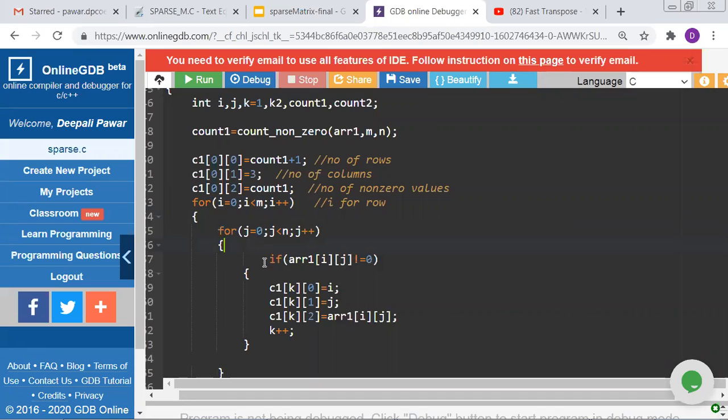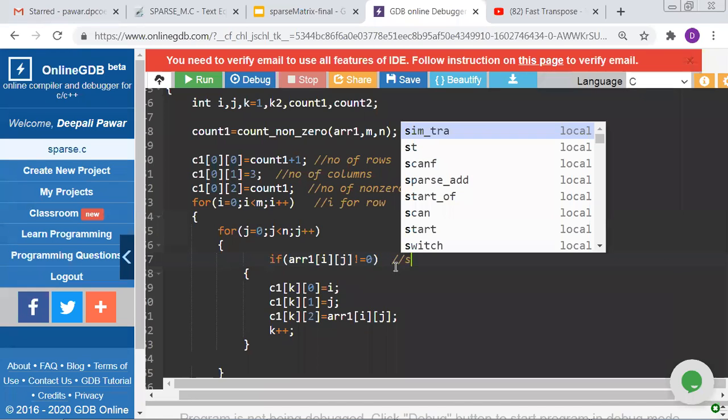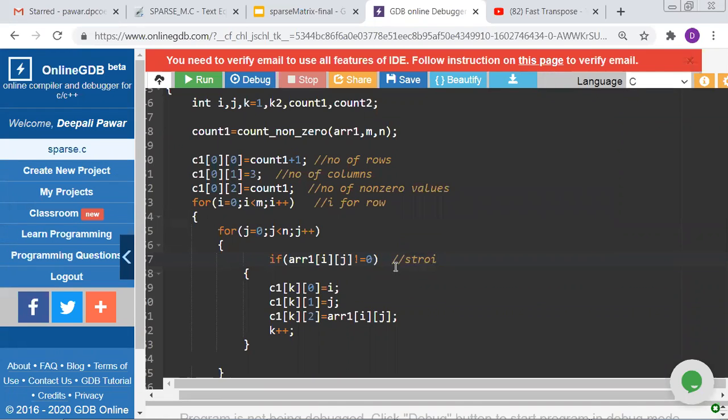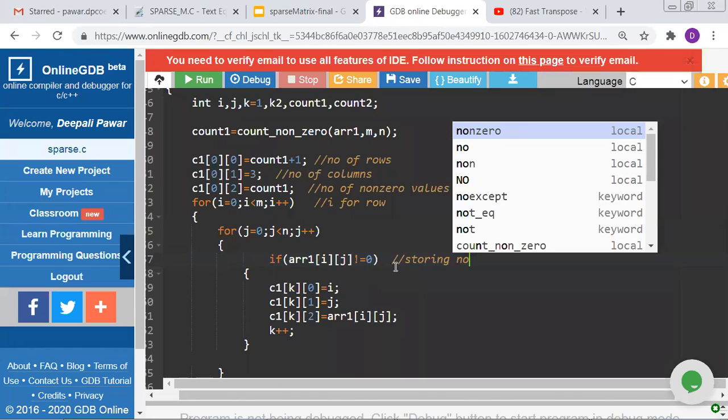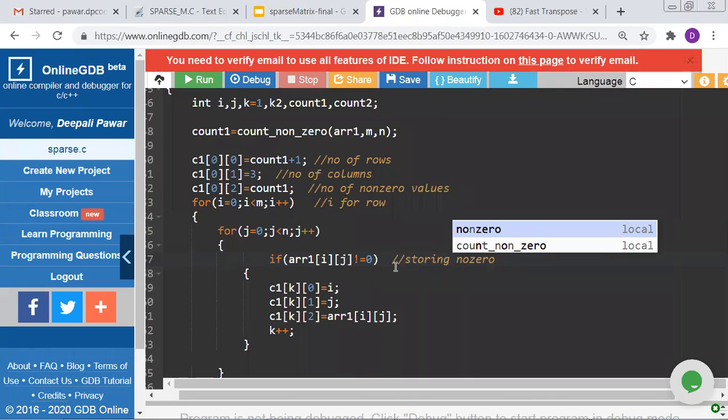वी आर गोइंग टू स्टोर द एक्चुअल वैल्यू। ओके, अभी हमें क्या स्टोर करना है, एक्चुअल वैल्यू स्टोर करना है। सो एक्चुअल वैल्यू मतलब क्या, कि हमारी कौन से रो में, जस्ट कॉन्सेंट्रेट हियर, इफ एरे ऑफ i j इज नॉट इक्वल टू जीरो, मतलब हमें नॉन जीरो वैल्यू सिलेक्ट करनी, बिकॉज वी आर स्टोरिंग हियर, स्टोरिंग नॉन जीरो वैल्यू। ओके, यहाँ पे क्या स्टोर कर रहे हैं हम लोग, स्टोरिंग नॉन जीरो वैल्यू। ओके, जस्ट कॉन्सेंट्रेट हियर, हम नॉन जीरो वैल्यू स्टोर कर रहे हैं, इसका मतलब है इफ इट इज नॉट इक्वल टू जीरो, देन तू क्या कर, फर्स्ट C1 ऑफ